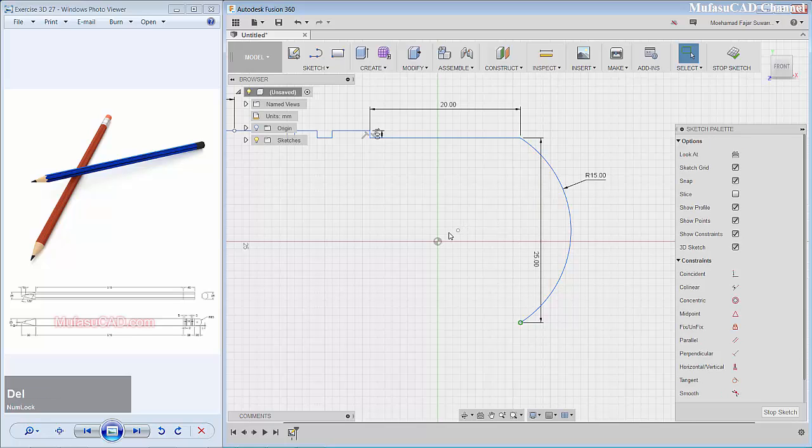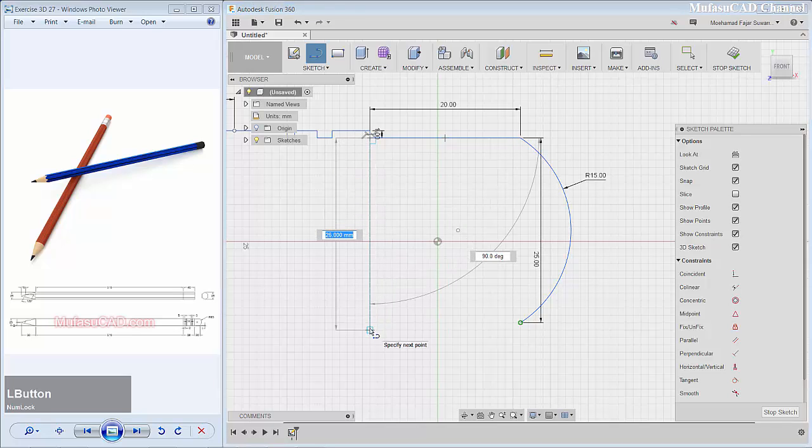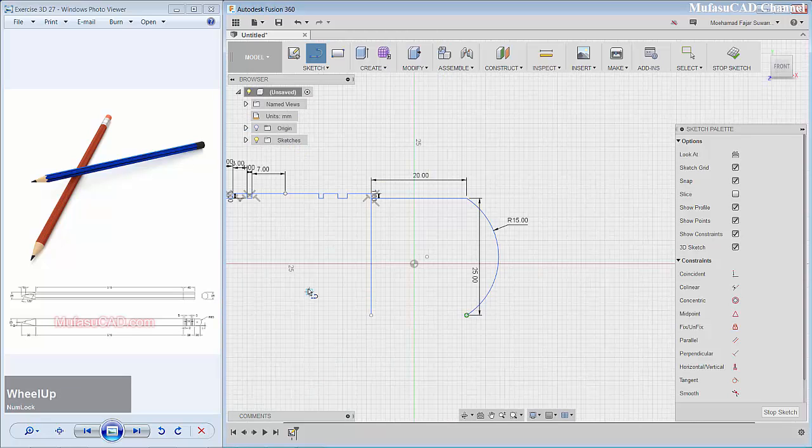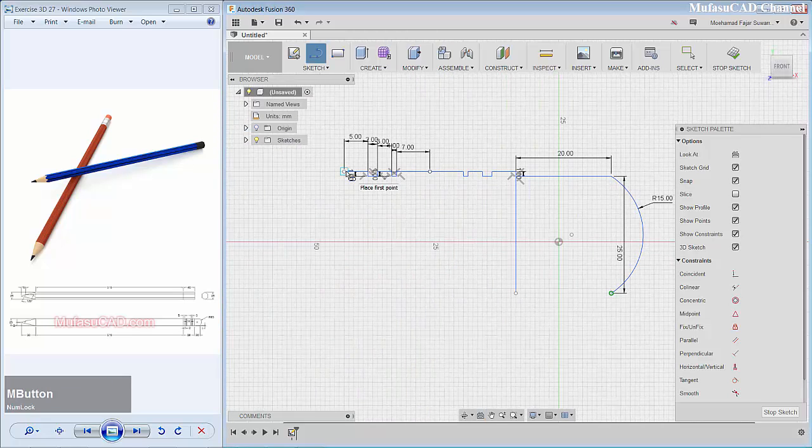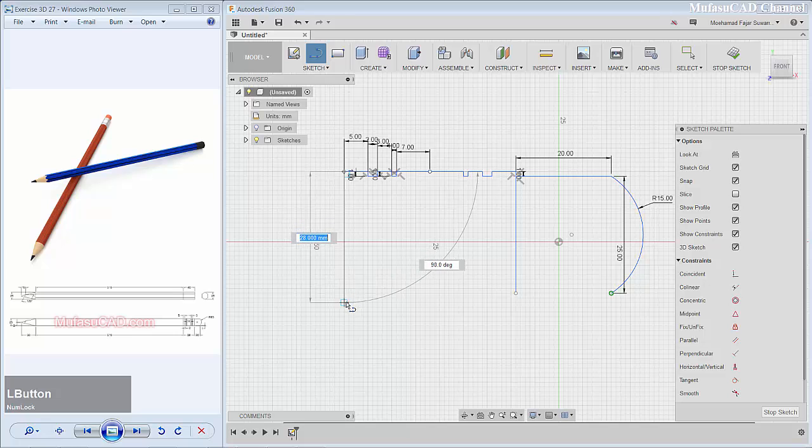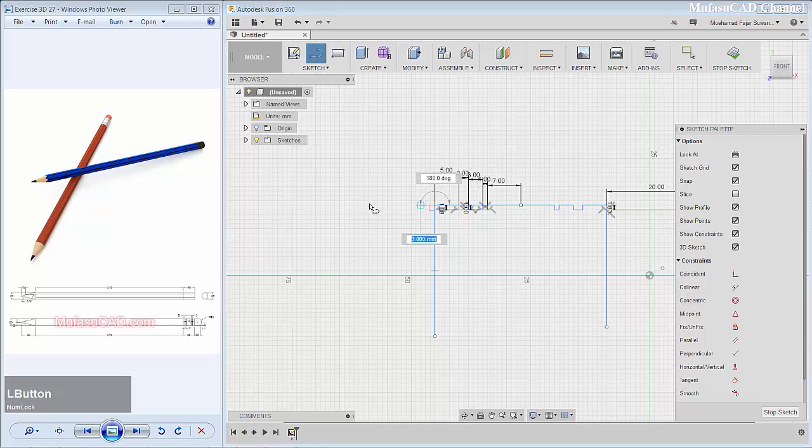Okay, now we create a line, start from this point to this point. Okay, and then I will create a line, start from this point to the bottom here. Okay, we create a line, start from this point to the left and give a dimension for this line object 510.